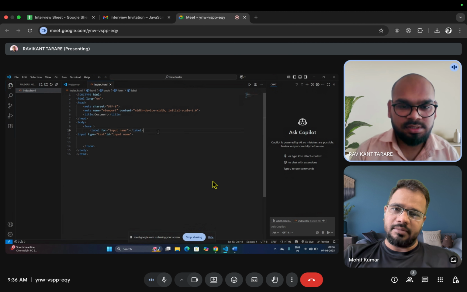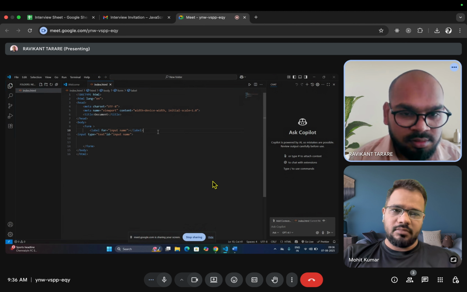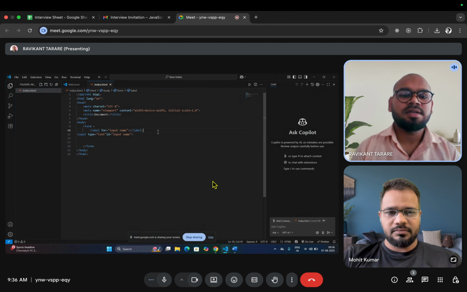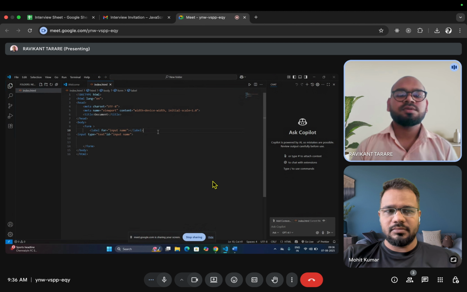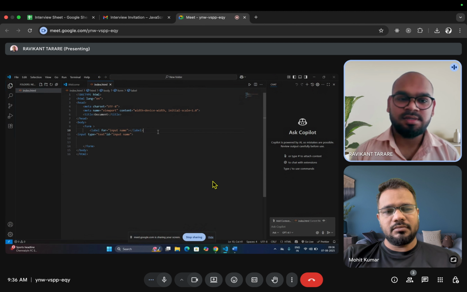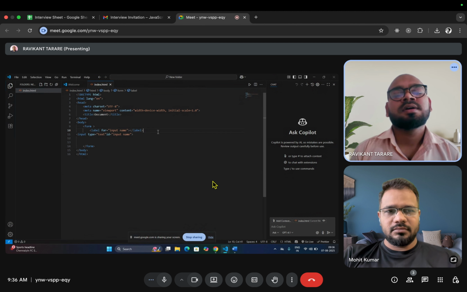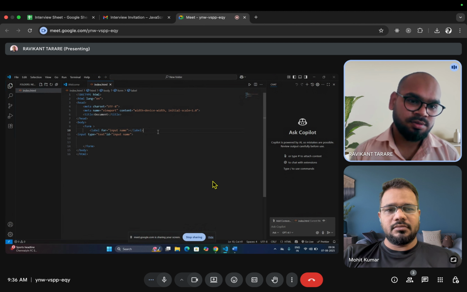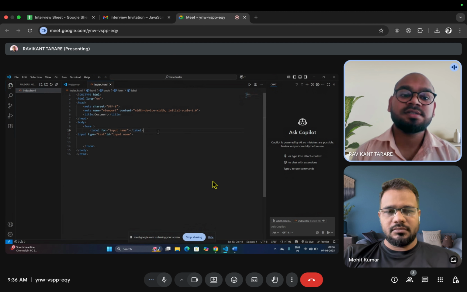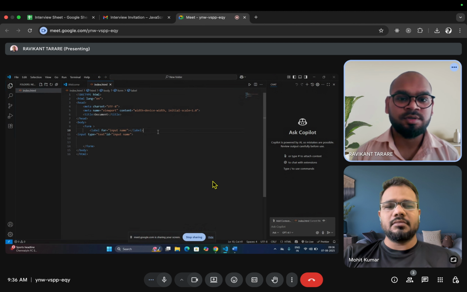Why do you use a label? A label is used to uniquely identify the name. If we are giving a name, like your name or surname, then it identifies that it belongs to that particular input box.